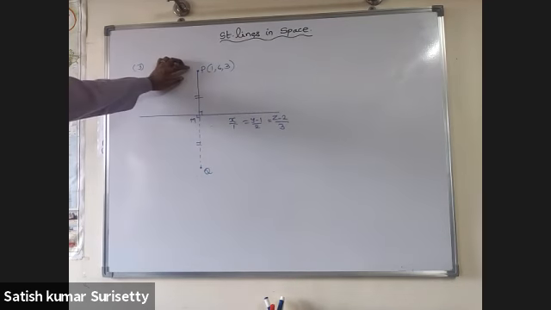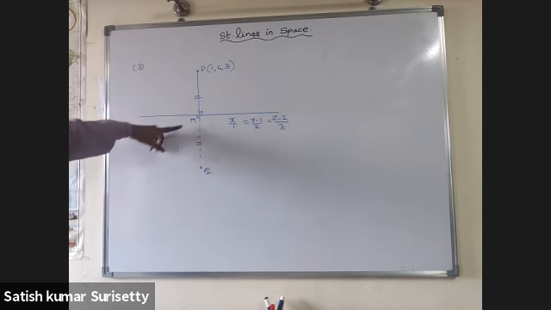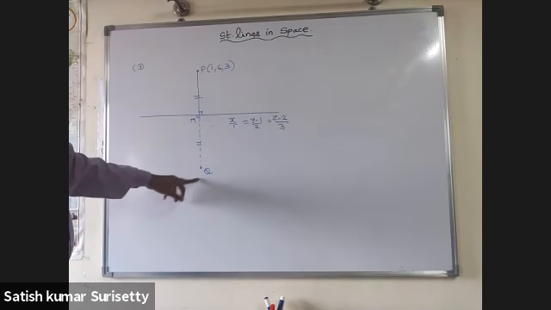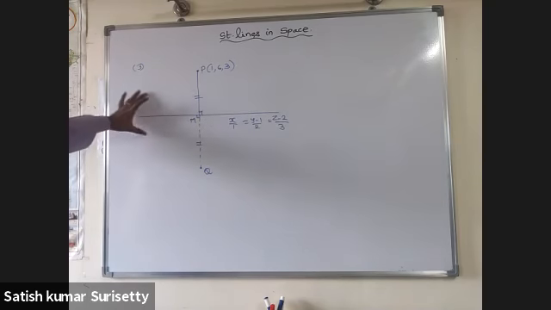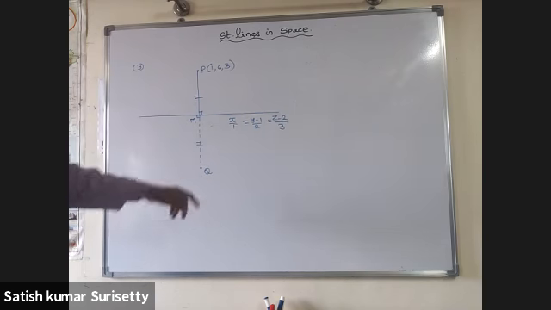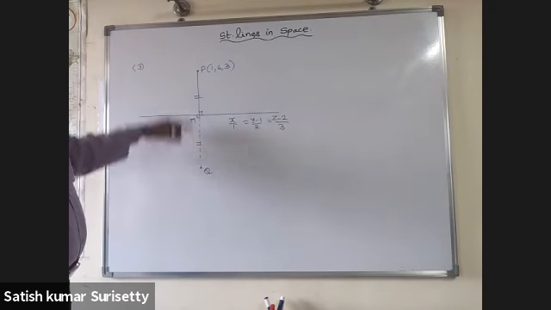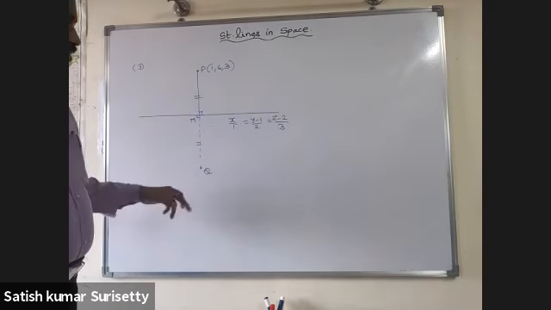Find the image of the point (1, 6, 3) with respect to the line x/1 equal to (y minus 1)/2 equal to (z minus 2)/3. So here also we can first find the foot of the perpendicular, which is the midpoint of PQ, where Q is the image of P with respect to the given line. After getting the foot of the perpendicular, use the midpoint formula to find the image. Once you know the image, then you can calculate the length of PQ as well as the equation of PQ also.